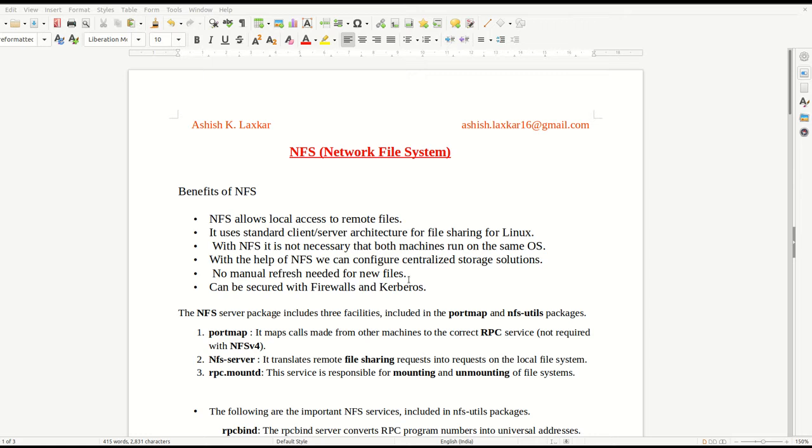Whenever you create a file, it instantly reflects on the mounted systems. NFS can be secured with firewalls and Kerberos, so firewall and Kerberos level security can be implemented.